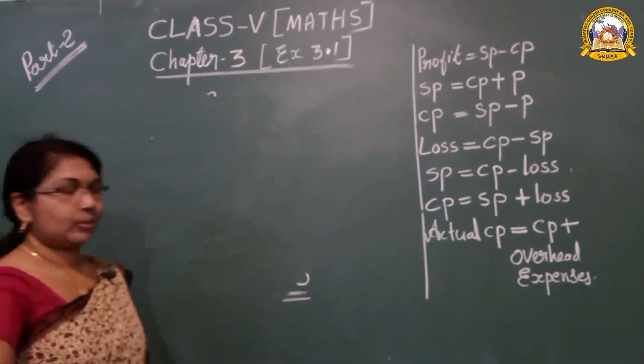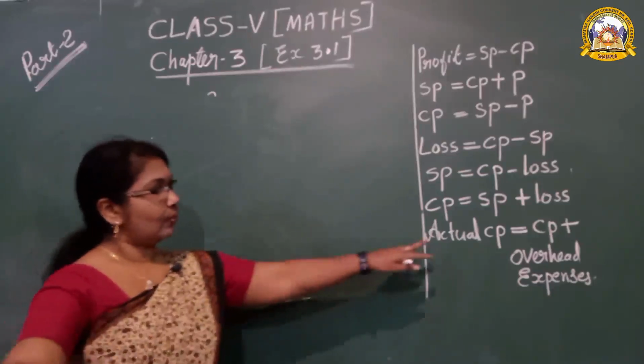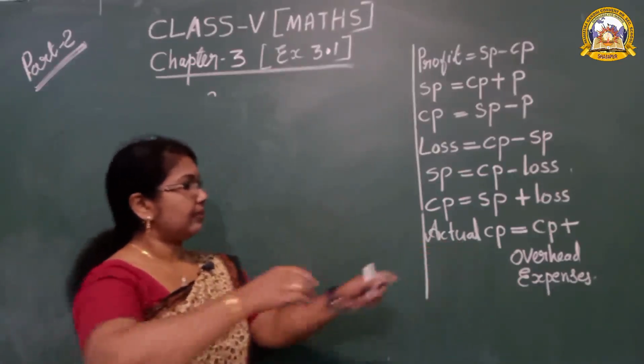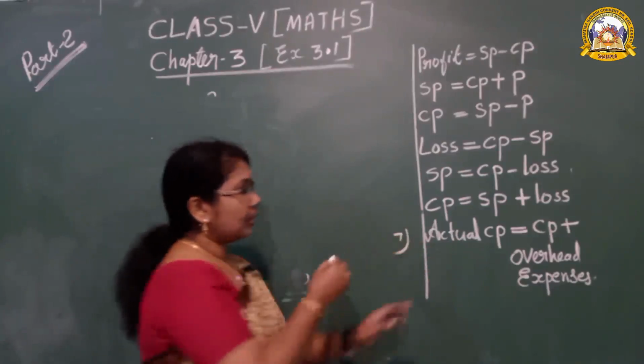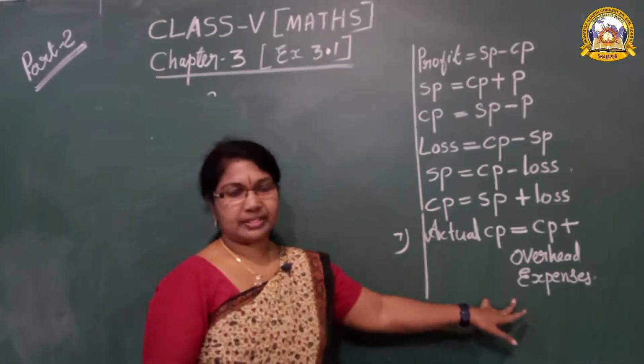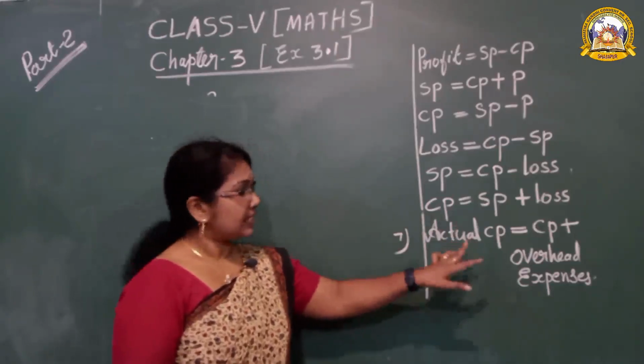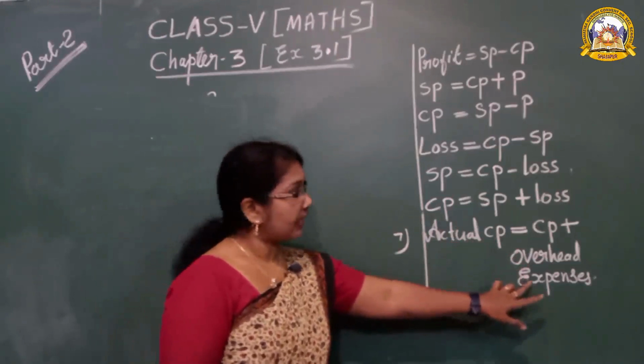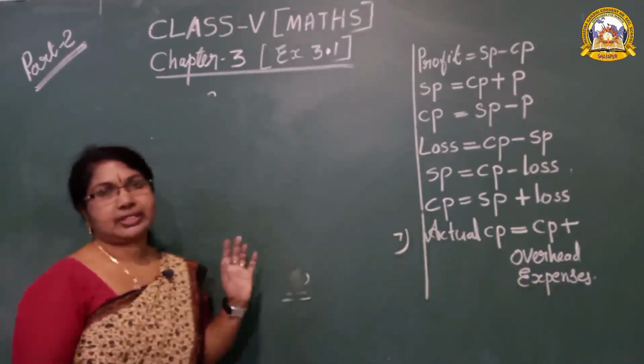Now I am going to explain. I told you one new formula here. 7th formula, actual cost price. CP plus overhead expenses. What is the formula? CP plus overhead expenses. For example,